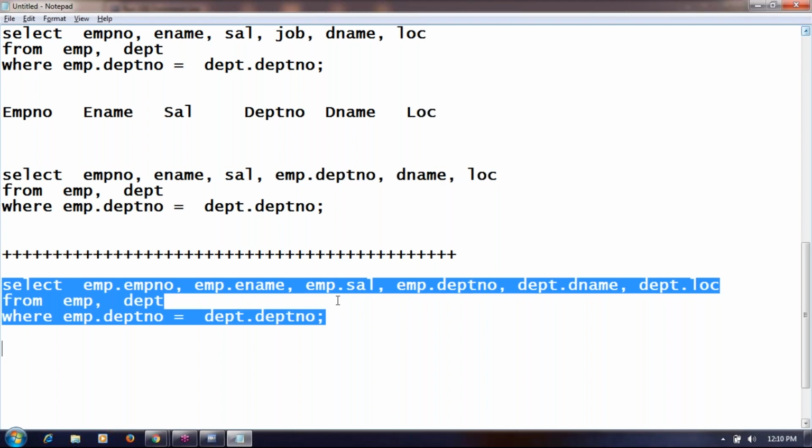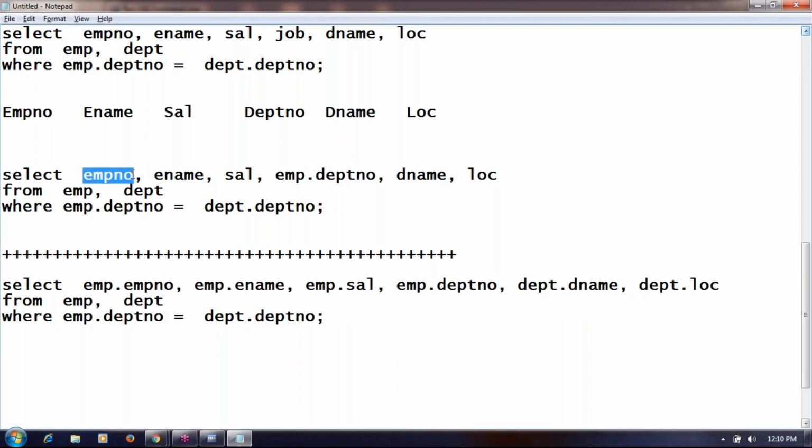In the first query, the employee number is searched in how many tables? 2 tables. In the second query, the employee number is searched only in the first table. As you clearly give an instruction that you want it from the first table, it will not be searched in the second table. So approximately 50% of the performance time can be improved by prefixing the table name for every column. Clear, Dilawar? Yeah.